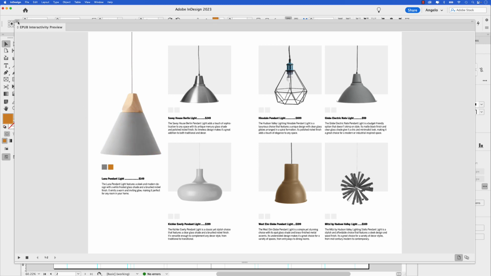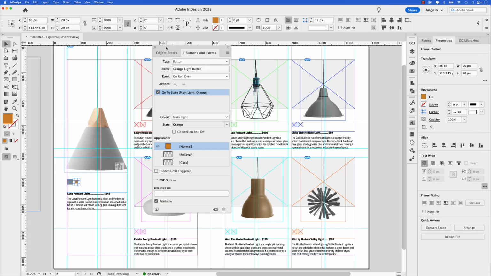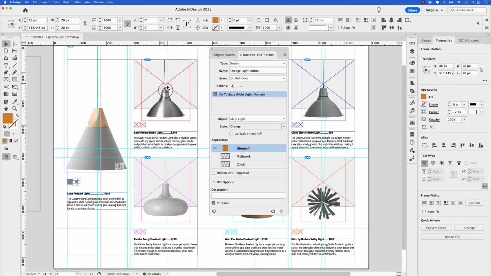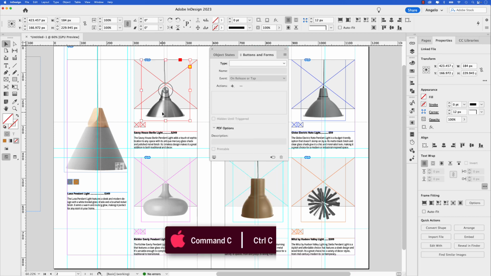Let's do another one, and then I'll show you how to publish this online and view it in a web browser. I'm going to move this off to the right a little bit. We're going to focus on light 1. So that's main light. Here's light 1. And again, I'm just going to select that and do Command C and then Shift Option Command V to paste